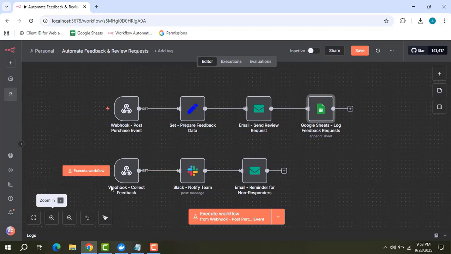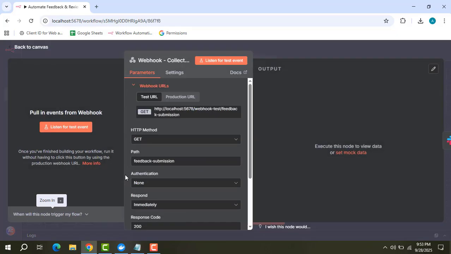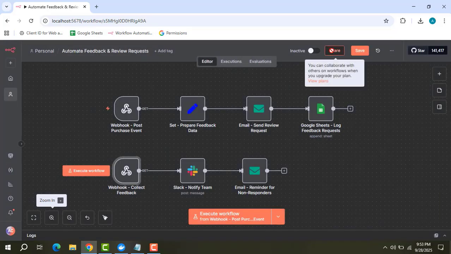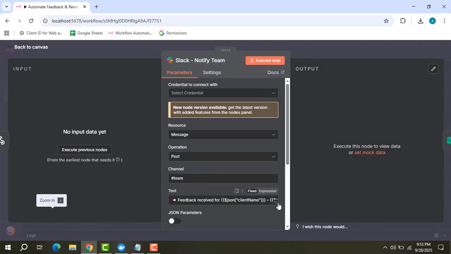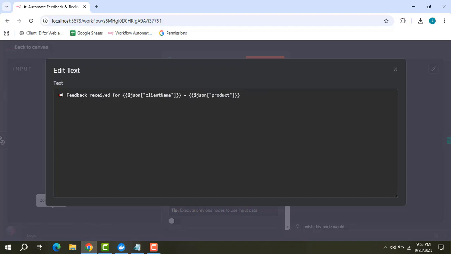So we will receive the completed feedback submission from forms or CRMs. The path will be feedback submission, and it will update the status in the Google Sheets from pending to completed. After that, we will have the Slack node that will send the notification. For example, feedback received from, let's say, Alex about the